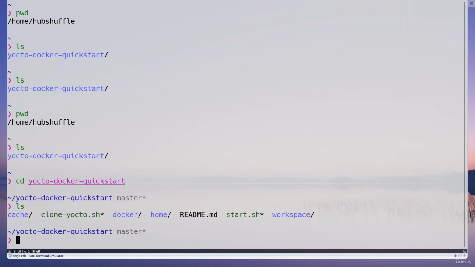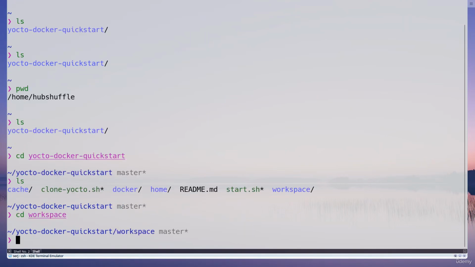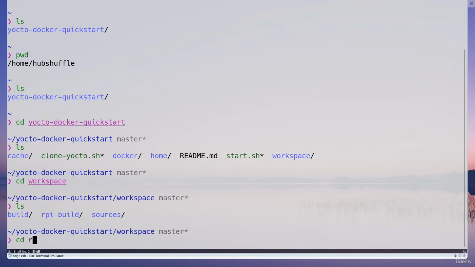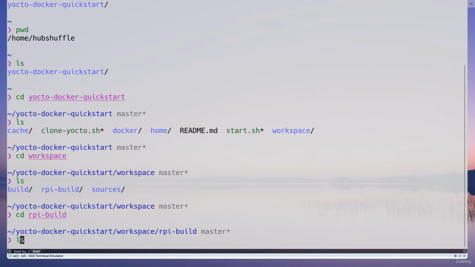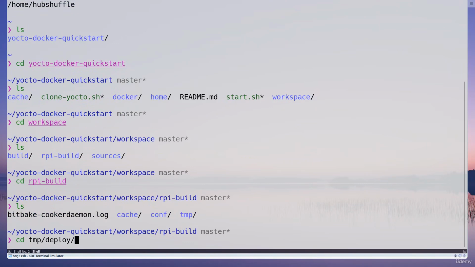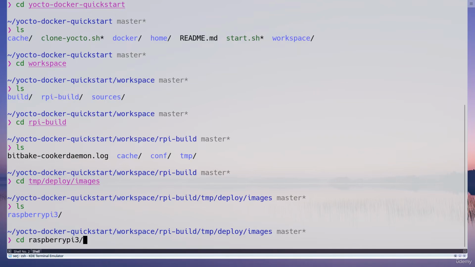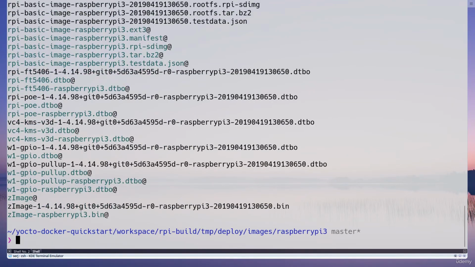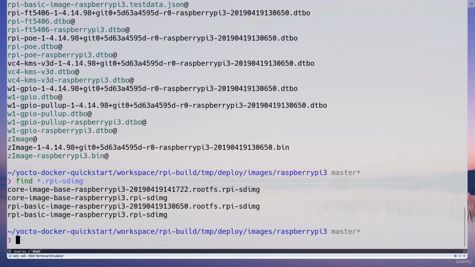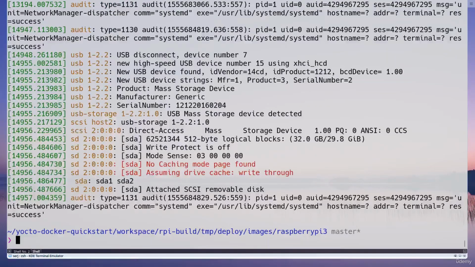Okay, so we can enter the directory where the image was built, which is in our build. No, it's actually in the RPI build. So tmp/deploy/images and the machine name, which is raspberrypi3. Now we can search for the Raspberry Pi image format. So previously we first built the rpi-basic-image recipe, and then we built the core-image-base. So I'm just going to choose the latter, and in this case I do have access to the